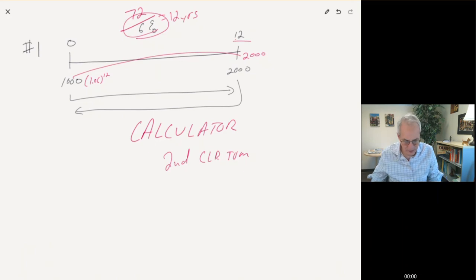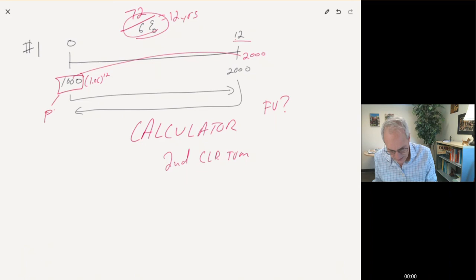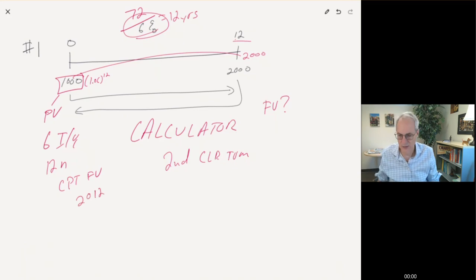Okay. So for this question, if we're trying to calculate the future value, we would say 1,000 is present value. So we type in 1,000, hit the PV button. We type in 6 and then hit the I/Y key. You don't have to put 0.06, just 6. And 12 in the N key. And then compute future value, and you should get a number of roughly 2012.